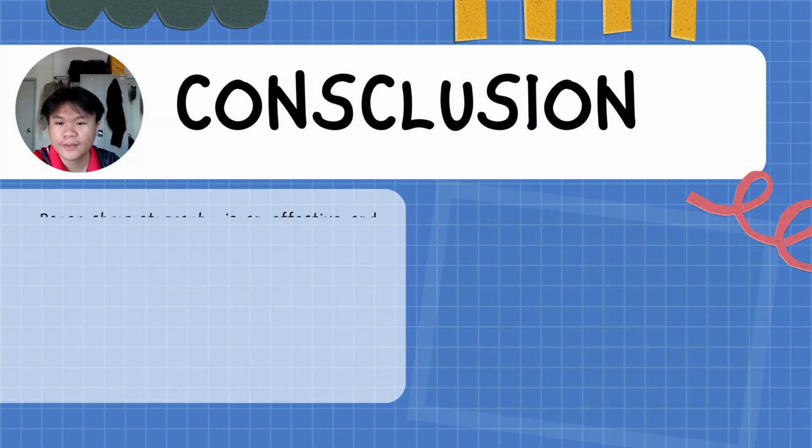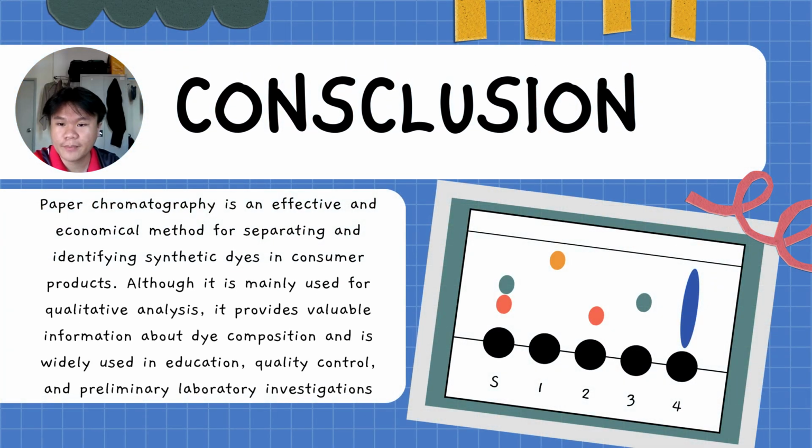To wrap everything up, our analysis shows that paper chromatography is both an effective and highly economical method for separating and identifying synthetic dyes in consumer products. While this technique is primarily utilized for qualitative analysis, meaning it helps us visually identify what components are present rather than their exact quantities, it still provides incredibly valuable information about a dye's chemical composition. Because it is simple, low cost, and reliable, it remains an important tool widely used across education, industrial quality control, and